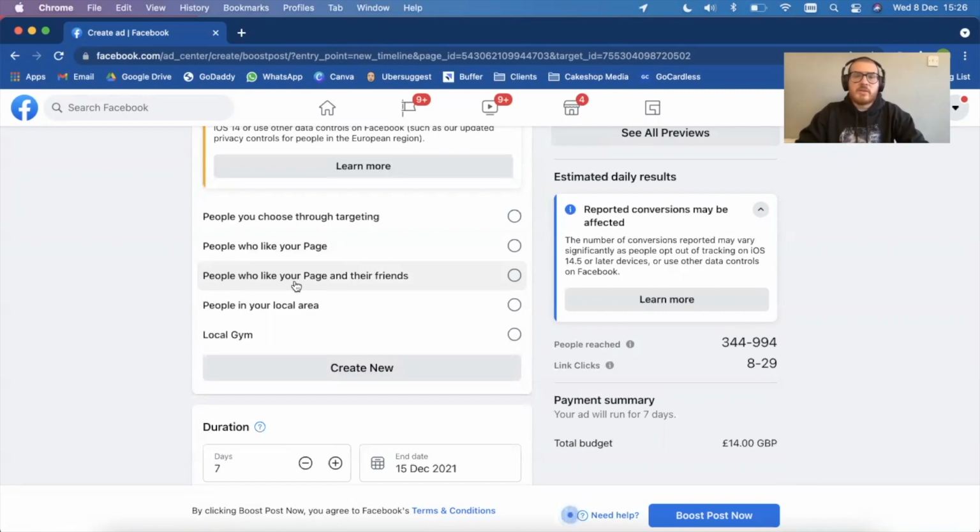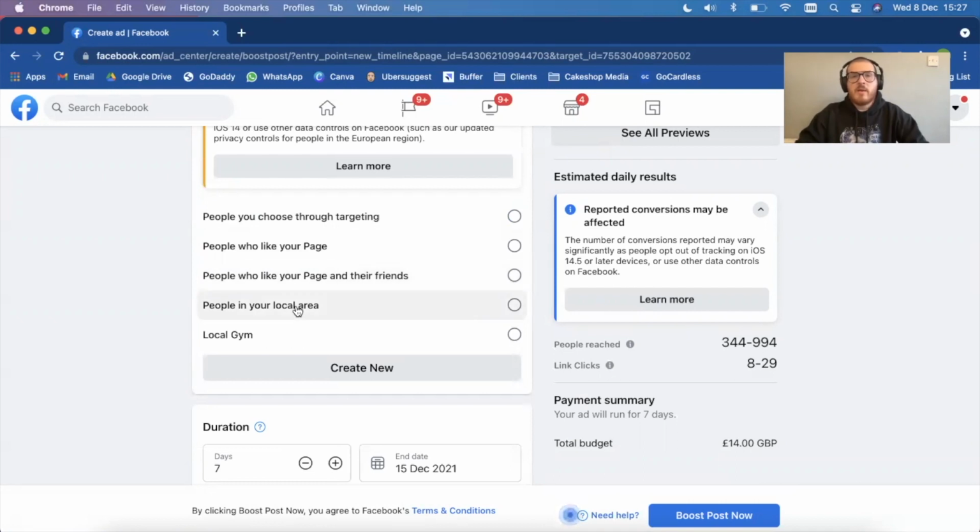So this is opening up the circle a bit more. So it's going to be shown to the people that like your page, but also those people that are friends with those people who have liked your page. So targeting slightly more people. For example, if you have 600 followers and each of those friends has on average 300 followers, 600 times 300, roughly an audience of 18,000 people. Now, they're not going to target all 18,000 people because that depends on the budget that you set. The higher the budget, the more people you will be able to target. The less the budget, then you're probably only going to be targeting a small percentage of those users.